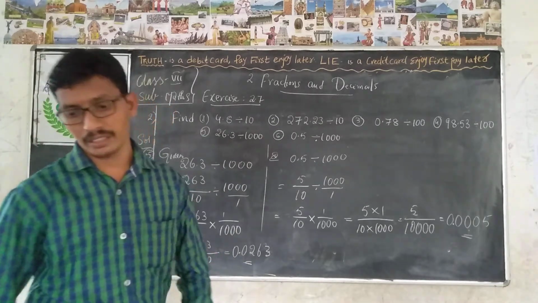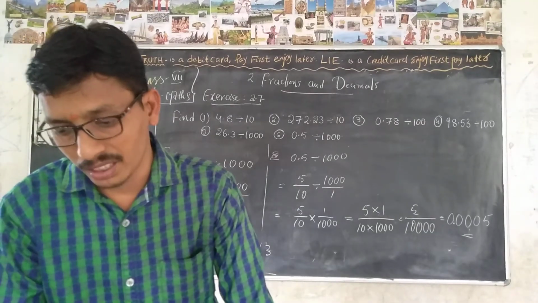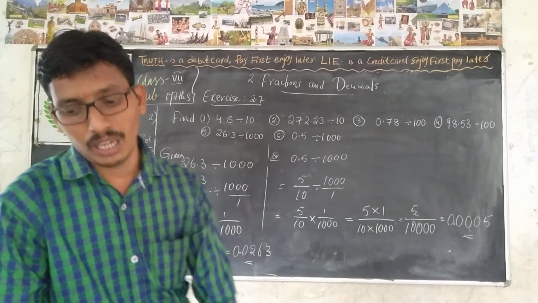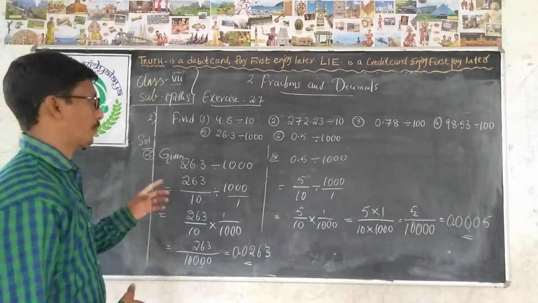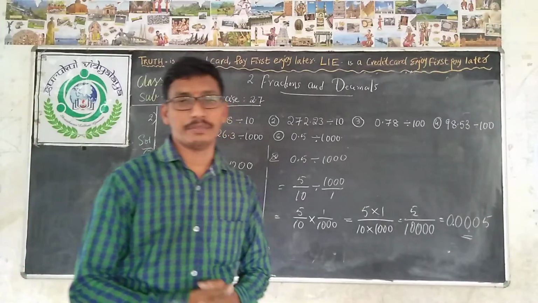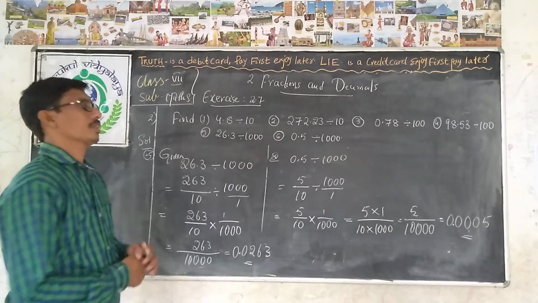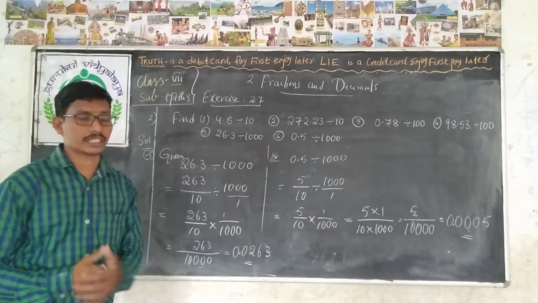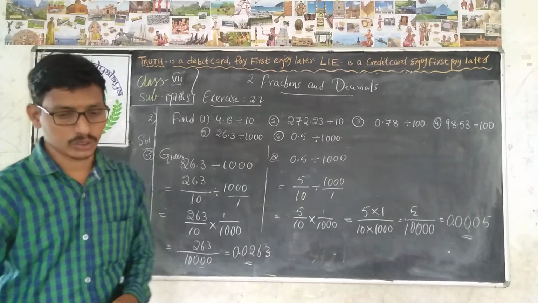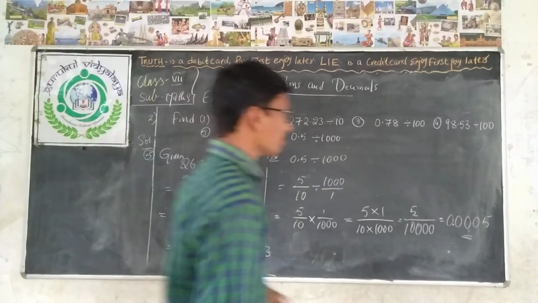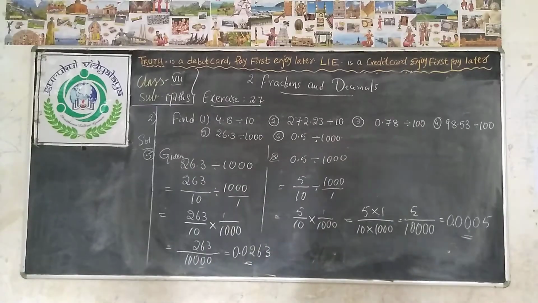So like that, many problems are there. Please do it, children. In the first Roman, second Roman, third Roman, fourth Roman, all the problems are the same. Coming to the fifth Roman, what is given? Both the divisions are the same, but both are given as decimal numbers. Okay, then. So now we have to do the next Roman.